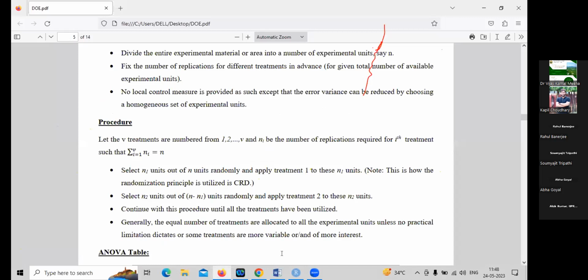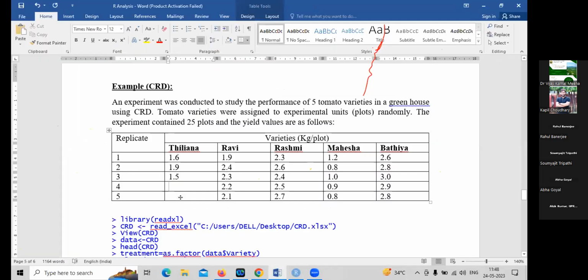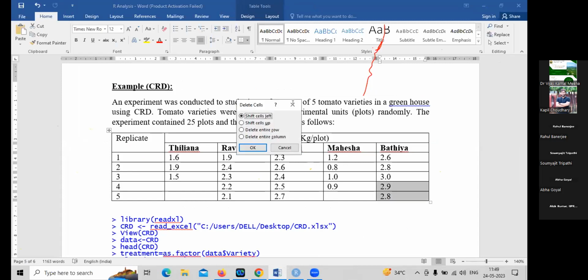जैसे इसी एक्सपेरिमेंट में अगर मान लीजिए मैं इसको कम कर दूं, ये 2 को मैं हटा दूं, कि मेरे पास थिलियाना में 3 ही है, रवि में 5 है, रश्मि में 5 है, महेशा में 4 है, ठीक है। बथिया में मान लीजिए मेरे पास 3 है, तो भी मेरा जो एक्सपेरिमेंट का रिजल्ट है वो उतना ही वैलिड होगा जितना अगर मैं 5 में इक्वल लूंगा तो।